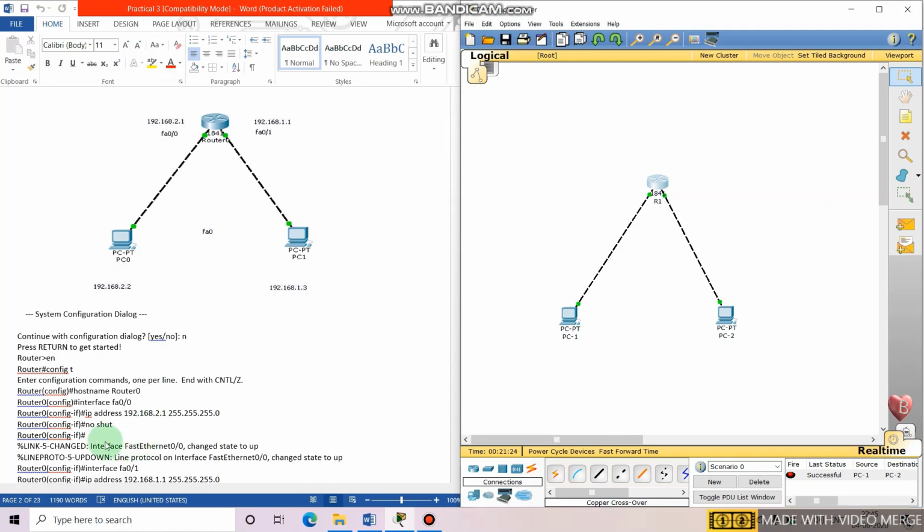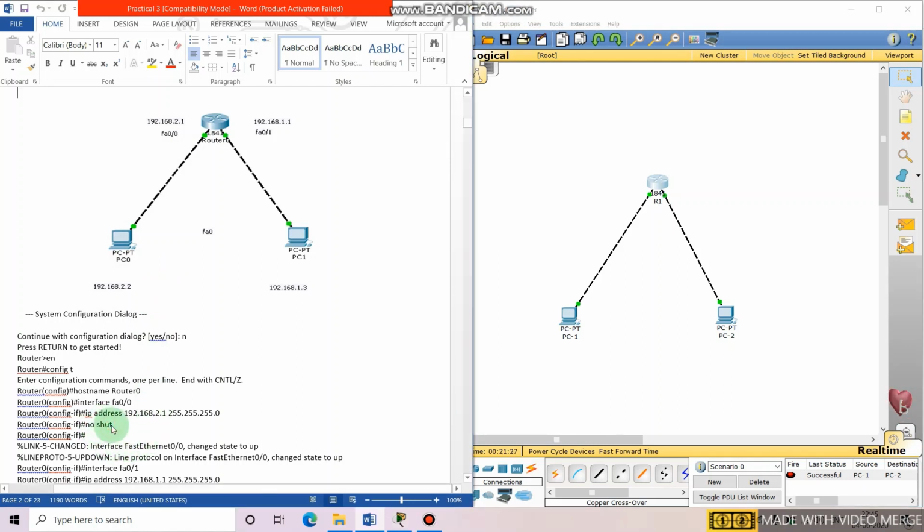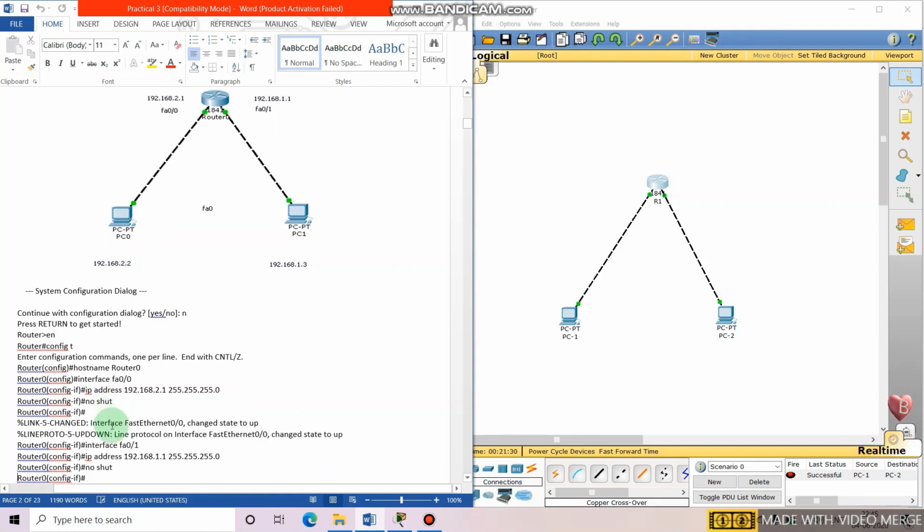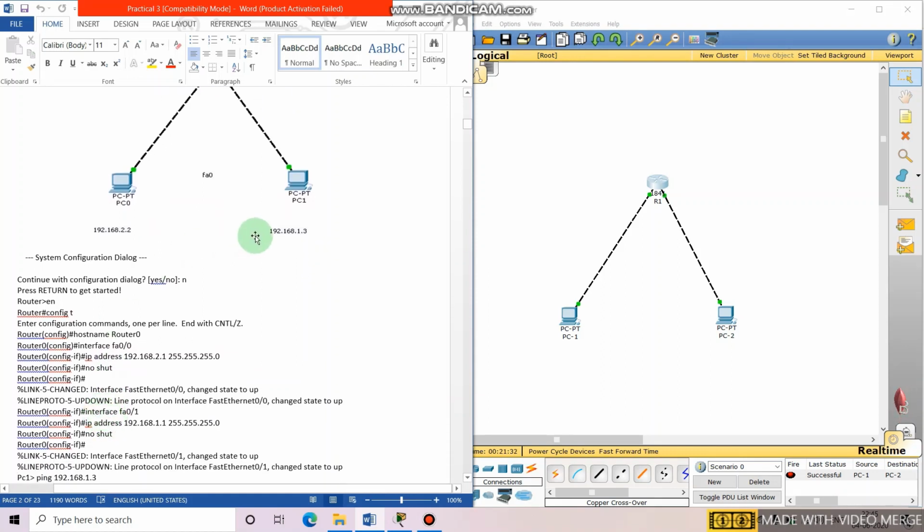So this will be the IP address you have to add here for FA0/0 to be configured with PC1. Okay, so the no shut command needs to be used, and then the same steps need to be repeated for PC2. First you have to change the interface, by using the command interface FA0/1, as we have used this port number for PC2, and then you have to enter the IP address, that is this one, as it is specified in this diagram.